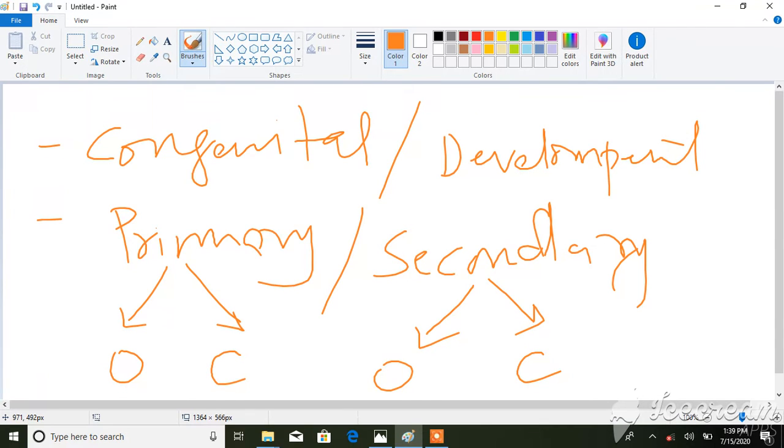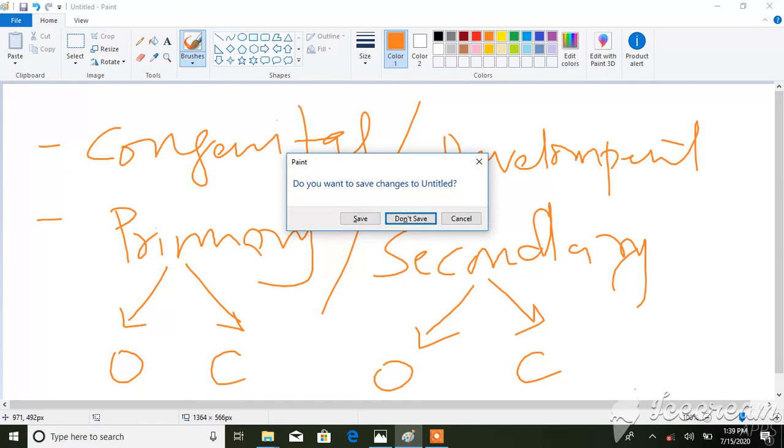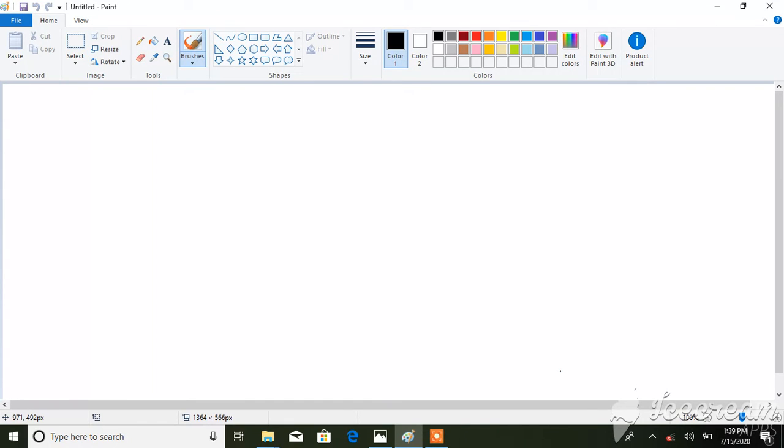Now coming to a brief introduction to primary and secondary glaucoma. In primary congenital glaucoma, as the word indicates, congenital means the glaucoma is present at the time of birth. The pathogenesis behind primary congenital glaucoma is maldevelopment